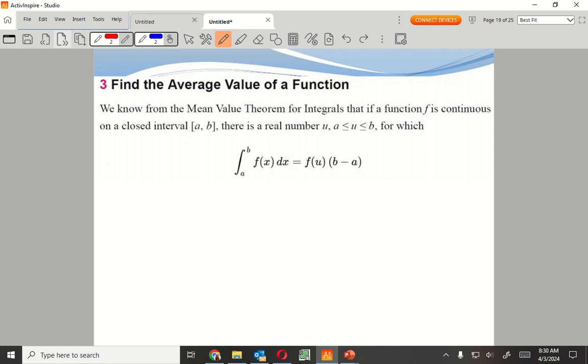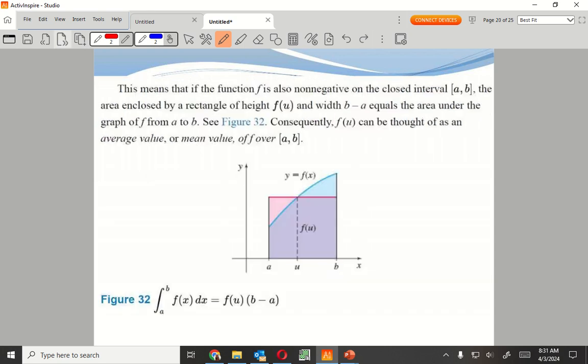Now, for this one right here, we are going to find the average value of a function. We know from the mean value theorem for integrals that if a function f is continuous on a closed interval from a to b, there is a real number u for which this works out. It is somewhere between there. We get this. And then the average value formula is